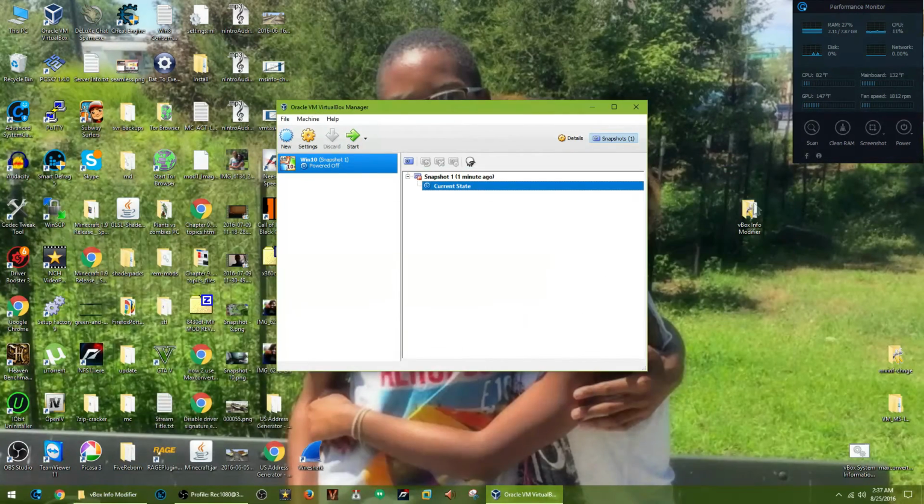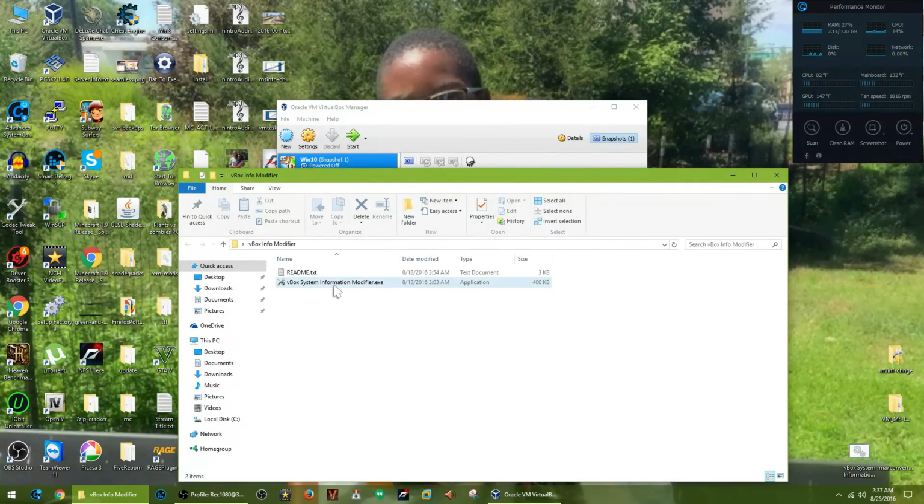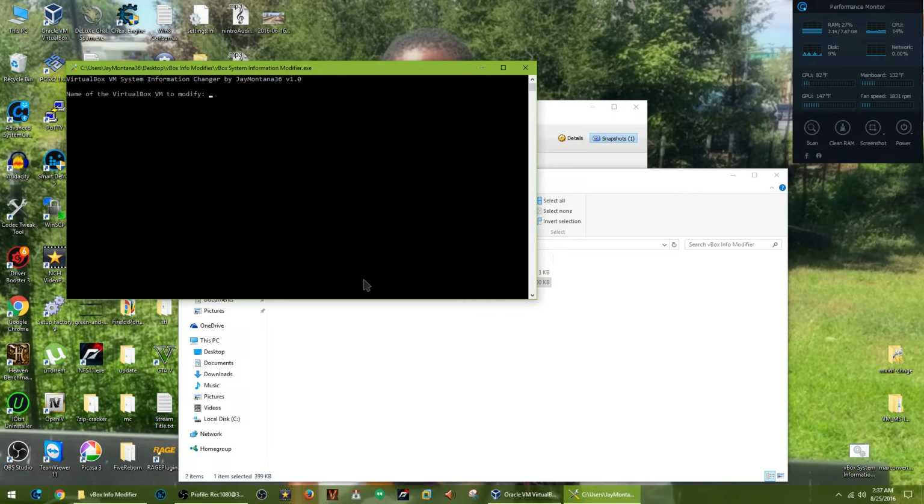And what you could do with the modifier again, each time you run it, even if you use the same system information, there are some slight variations that it makes to the virtual machine. Like as you saw, it says Dell, then it has a random number, and then it has that date. That date will always be the same, but the number in between will always be generated differently. But to also show you this feature that you could do,